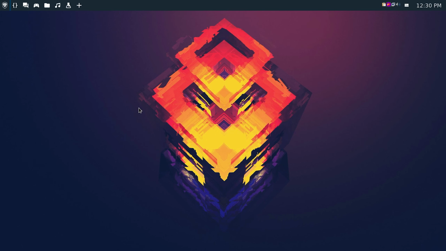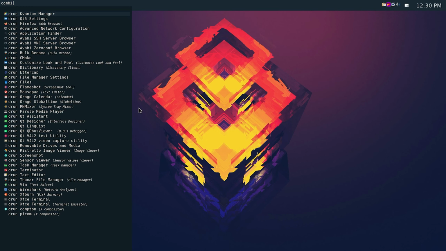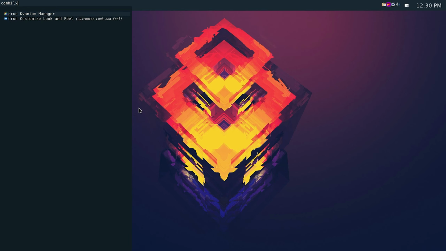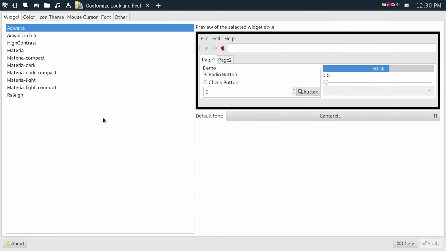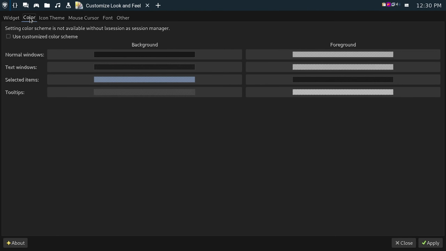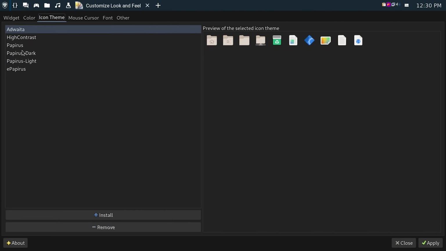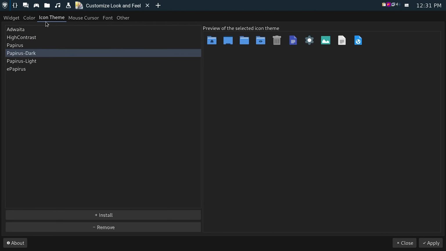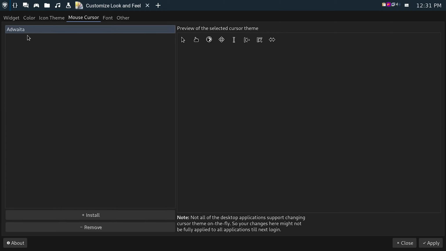Okay, let me try with Windows Space and search appearance. You can see customize, and you can change to Material dark to get the dark theme, and for icons I'm going to use the Papirus dark theme, and for the mouse cursor you can use Capitaine. I'm using the default.